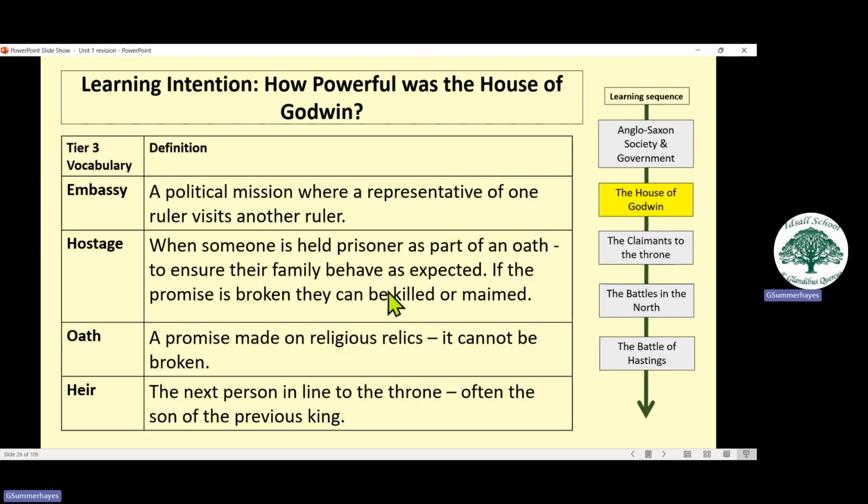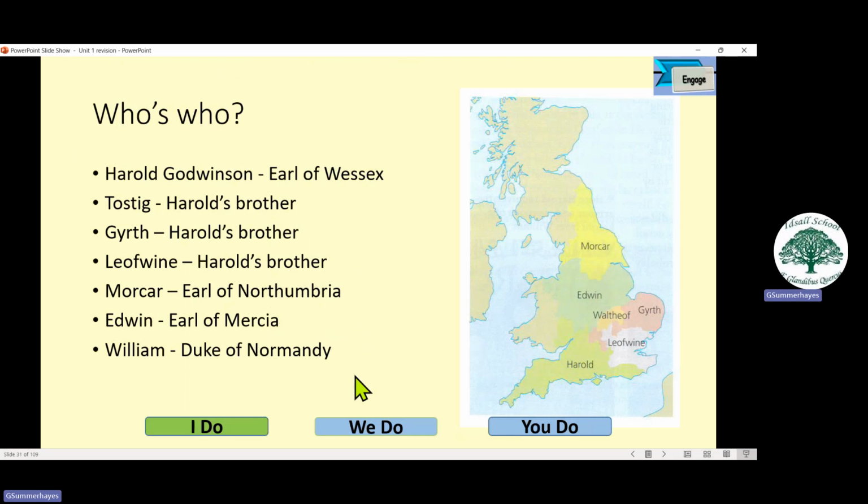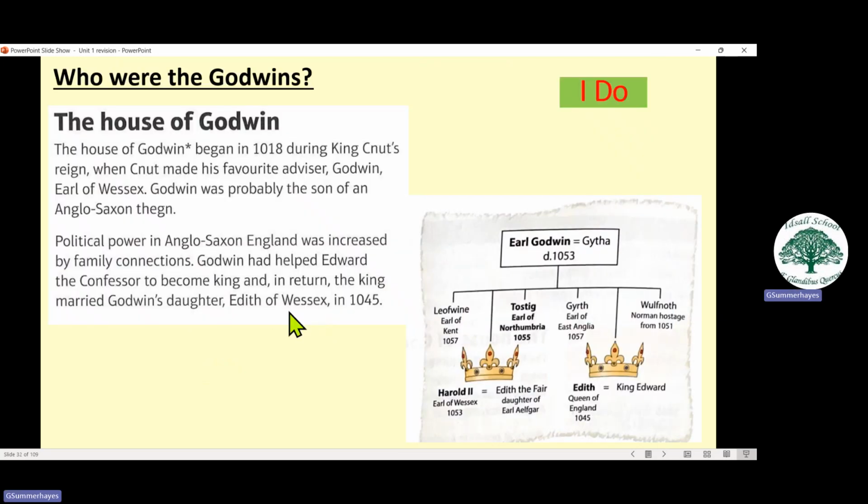On to the House of Godwin. This is about power, because they had a lot of power. So we've got Godwin himself, who's not on there, because he dies by 1055. And that's before even this unit starts, but his offspring are many and powerful. Godwinson's most famous, Tostig's second, then you've got Gurth and Leofwine, and then you've got people who weren't directly related to Godwin, but often married into the family, and people who knew him, like William.